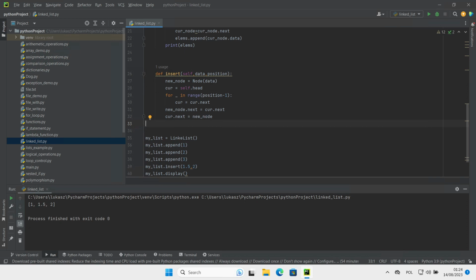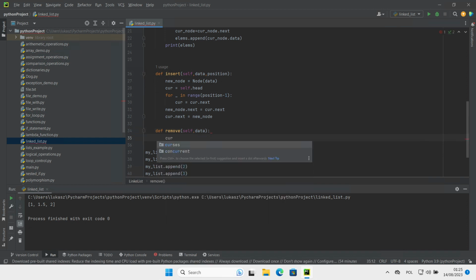You can also remove nodes from the list. Now I'm going to show how to do that. So I will create a new method, def remove, with the data element which we want to remove, and in this method I'm going to create a new variable, core, which should be